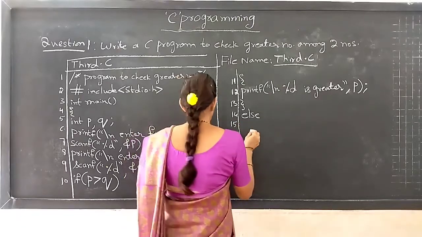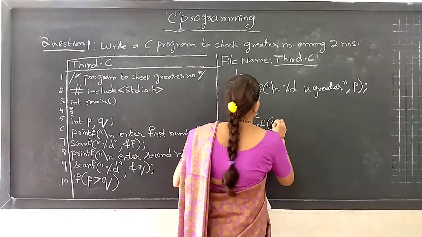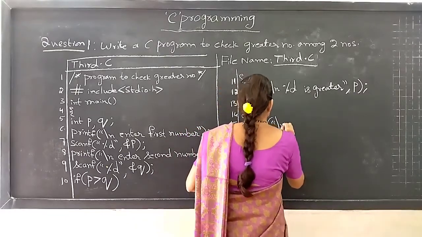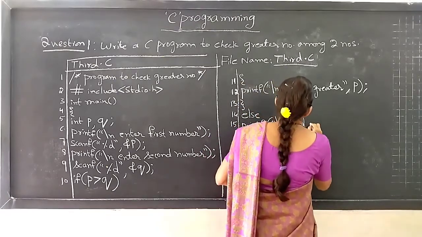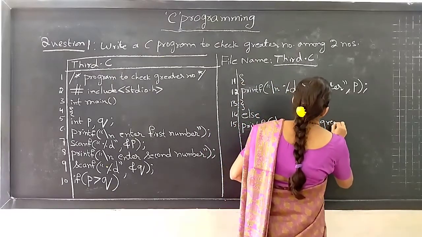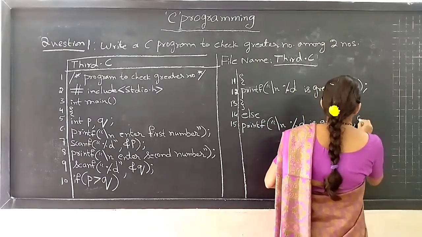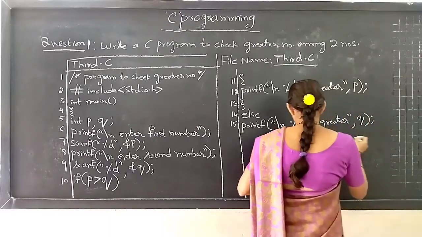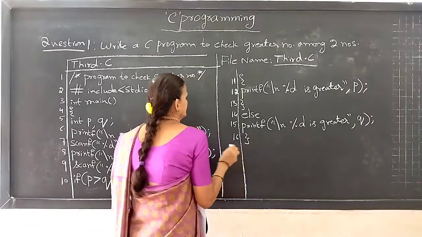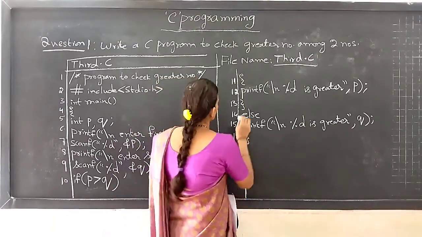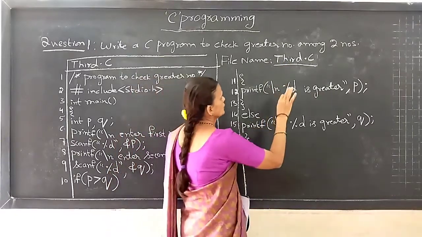In the 15th line you have to write again printf, \n %d is greater, quote close, then comma, q, semicolon, then close the flower bracket. And now we have given the file name third.c, and we want to see the output of this